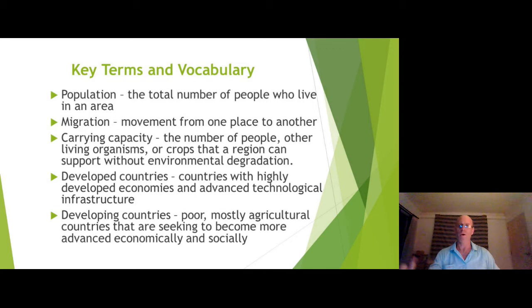Just put in overpopulation. You have to experiment because some you like, some you don't. Some will be too difficult, some will be too easy. So you have to experiment and find the ones that you like. So